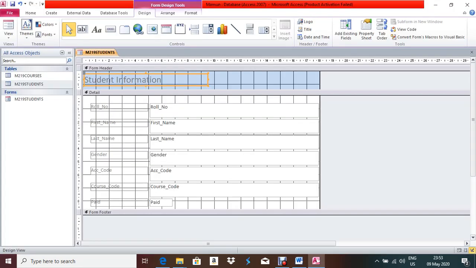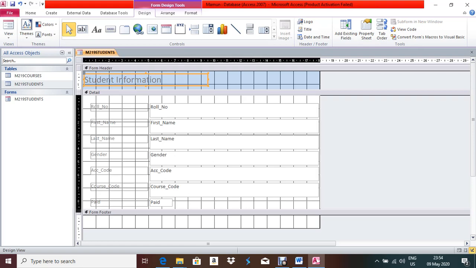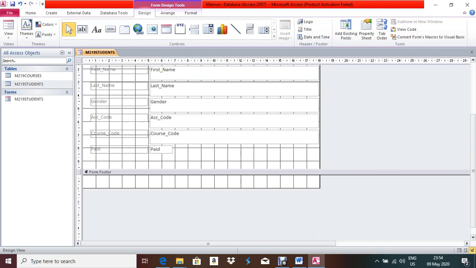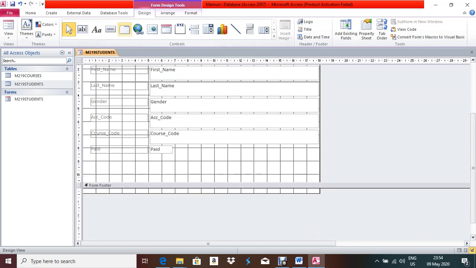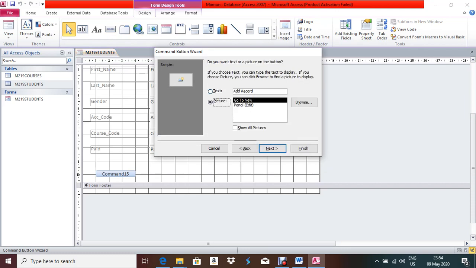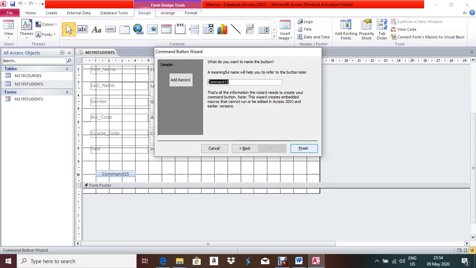Next features, you can add some command button. First let me make that command button one, keep some space here, not this one, before form footer. So select this command button, like navigation button, that is command button. Record operation, add new record, next, text type, next, finish.